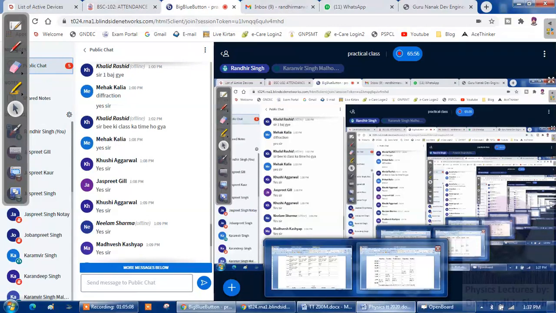Yes, the distance you can move the screen by any distance, but you will not move it less than 1 meter because there is a parameter which is called Rayleigh length of a laser. So we will move the screen at least by 1 meter. You will never keep the distance capital D less than 1 meter. Always keep it more than 1 meter because of the hindrance created by Rayleigh length.